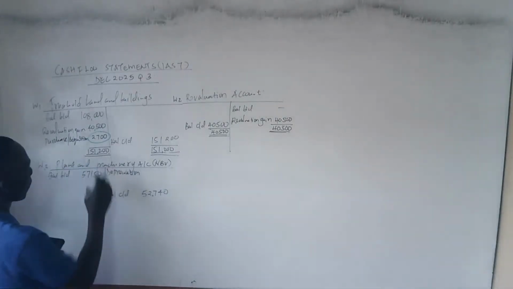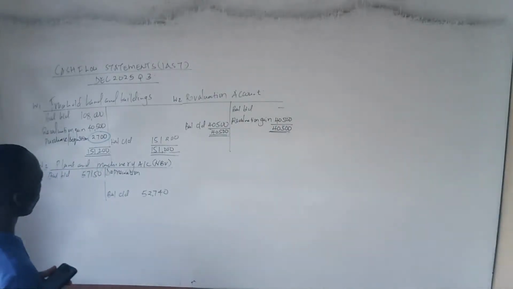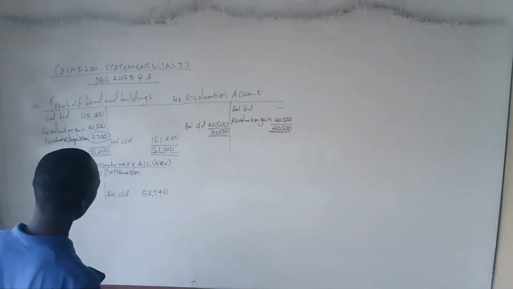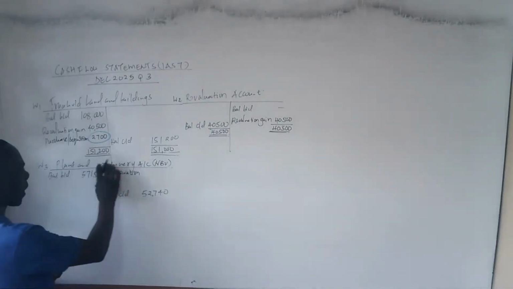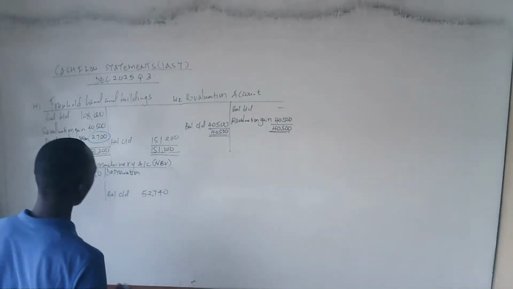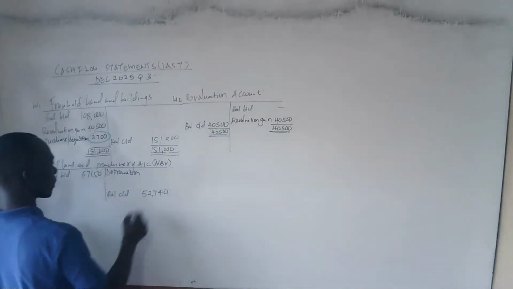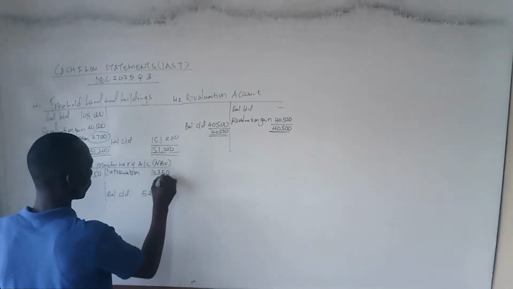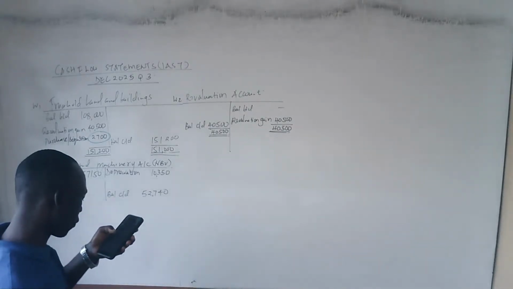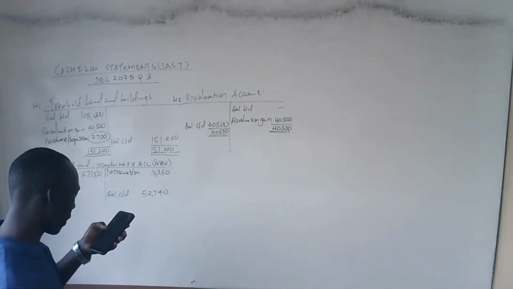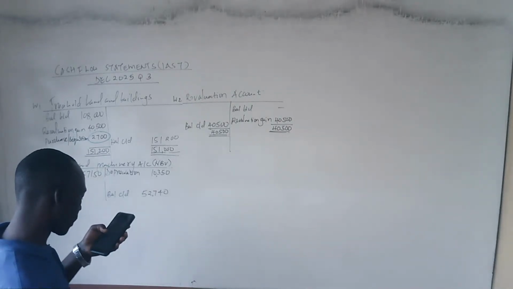But if we had been given what we call the breakdown, meaning the cost and accumulated depreciation, at least we would have opened 2 accounts. But because we don't have the breakdown, we open 1 account at the net book value. So therefore, the depreciation from additional information number 2, we are given a depreciation of 10,350. Then other than the depreciation, when we go to note number 3, we are told that during the year ended 30th September 2025, plant with a net book value of shillings